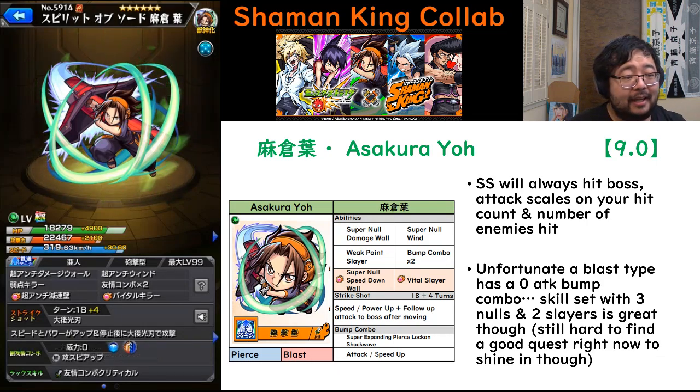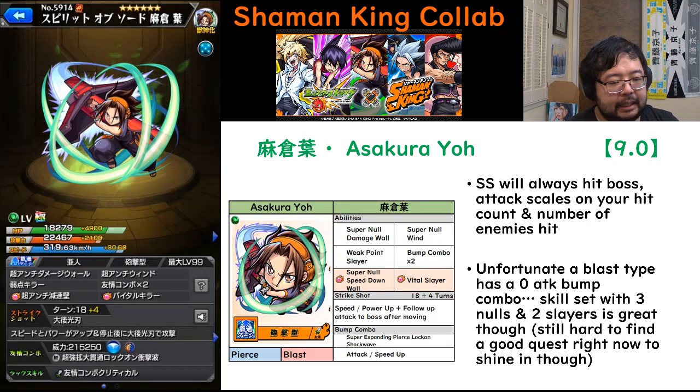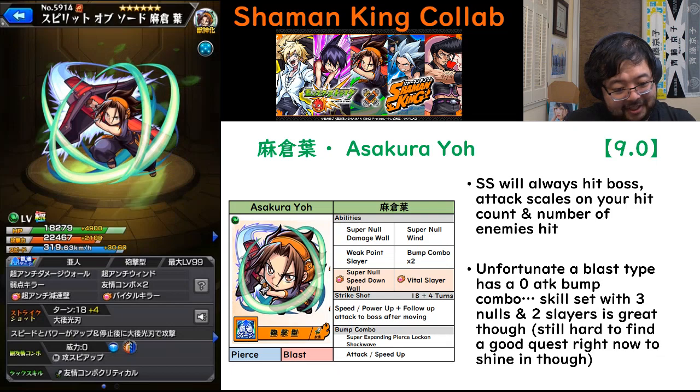Strike shot is an 18 plus 4 speed power up and does a follow up attack to the boss after moving. It guarantees to hit the boss, which is good to see. And the bump combo is a super expanding pierce lock on shockwave and an attack speed up bump combo. He is a pierce blast type, and for the strike shot,